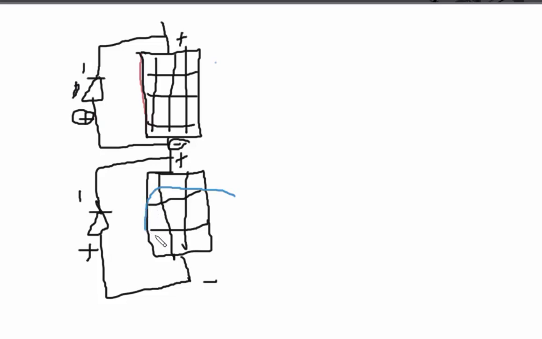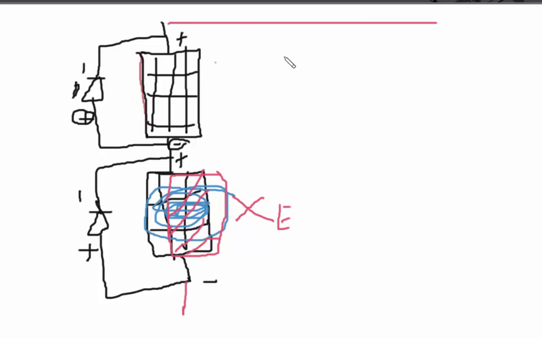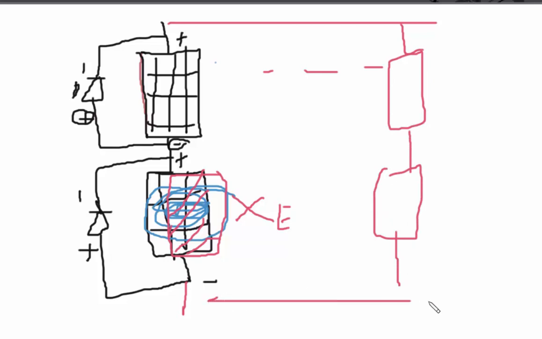Suppose a cloud comes here. It blocks a certain amount of the solar cell. Now due to the cloud, it blocks this much of the solar cell. So now it is not able to conduct electricity. But what happens? There are so many solar panels connected like this, or cells connected in series like this. They all are generating current, but if this one won't work, it will block the path.